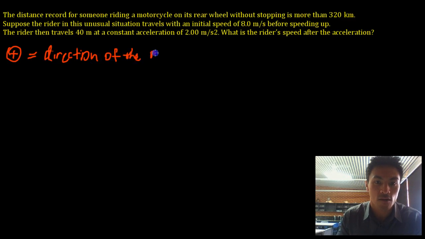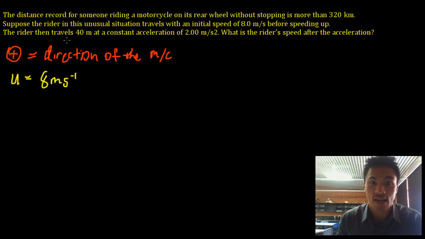Let's say that the positive direction is the direction of the motorcycle. Easy. Let's have a look at our information. Before he does his wheelie, his initial velocity, let's call that u, is 8 meters per second. That's before he starts speeding up, and then he starts accelerating